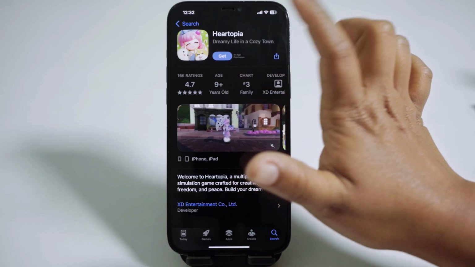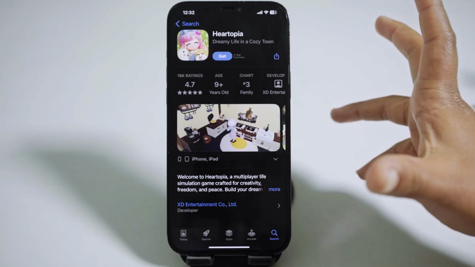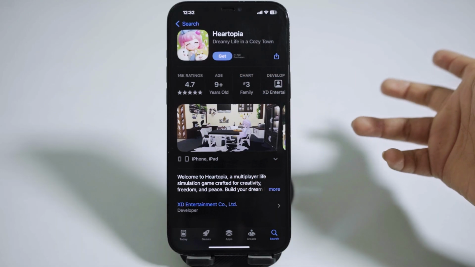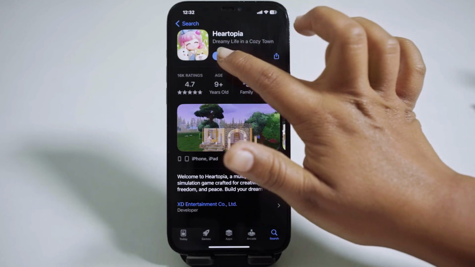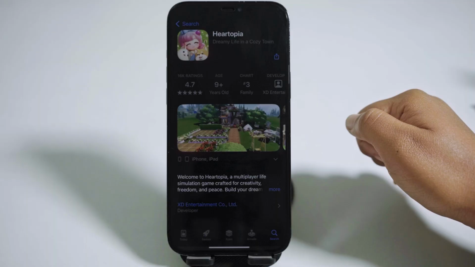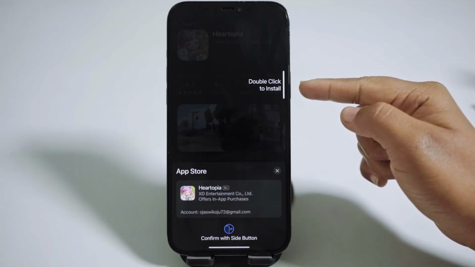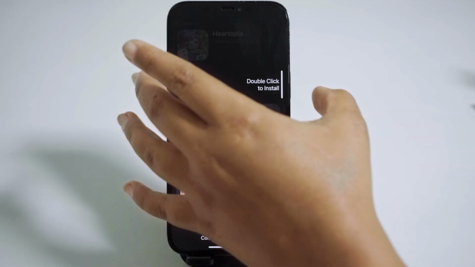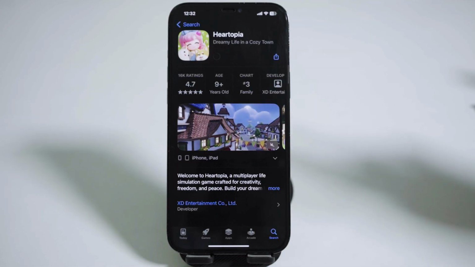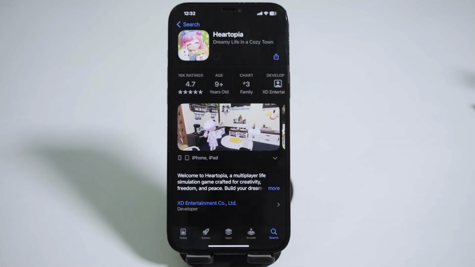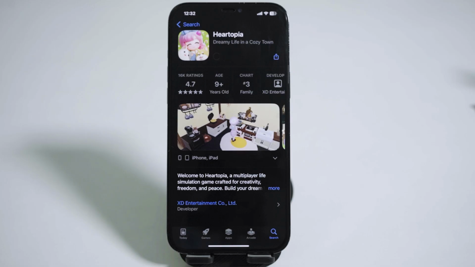Tap on the get button. Now your verification will be required, either your Face ID, your Touch ID, or the password of your Apple account. So simply tap on get, and after doing that, here you'll have to double click on your power button. And just like this, here you can see my Face ID has successfully been verified,